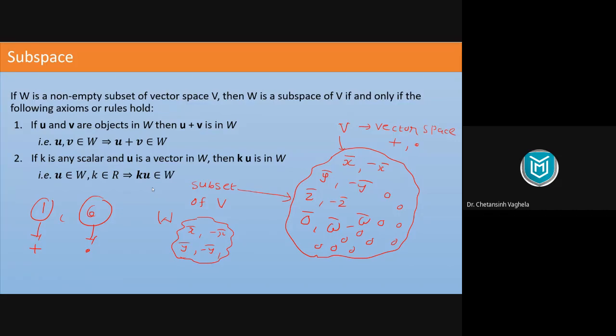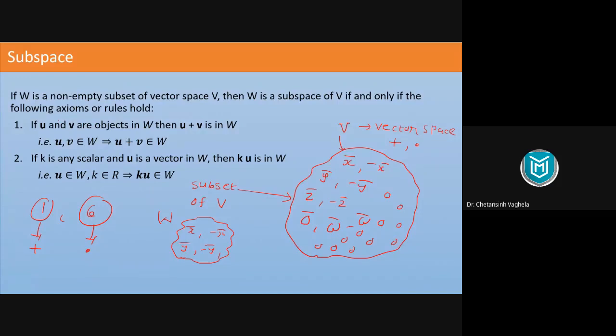So in order to check for subspace, three things we need to take care. First, your W should be subset of your set V. Second, it should satisfy the closure property of addition operation. And third one, it should satisfy the closure property of scalar multiplication. If these three things are satisfied, you can call your set W a subspace of vector space V. अब subspace होने का मतलब ये है कि वो vector space तो होगा ही, but since it is smaller than V, that's why we are calling it subspace. Right? So this is the formal definition of subspace.